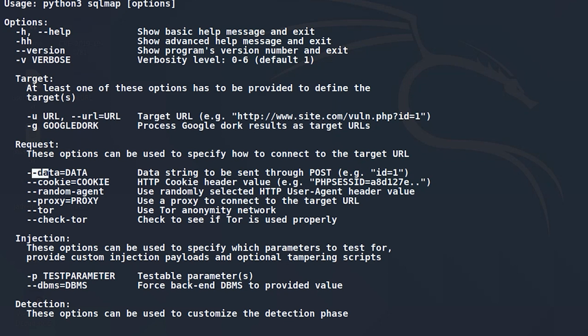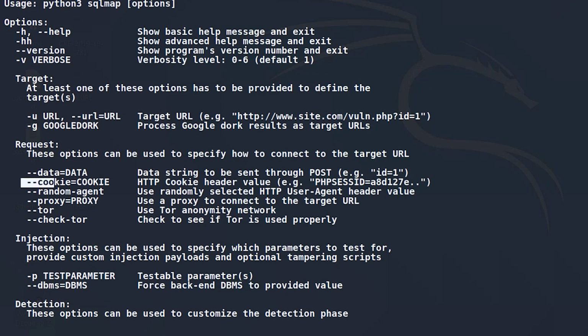You can use two methods. First is using the data flag, for example data equals user=admin. It will test SQL injection on that user parameter, which is a POST parameter. Or the second thing you can do is use -r and add the whole request in SQLmap to hunt for SQL injection. Those are the two things you can do.